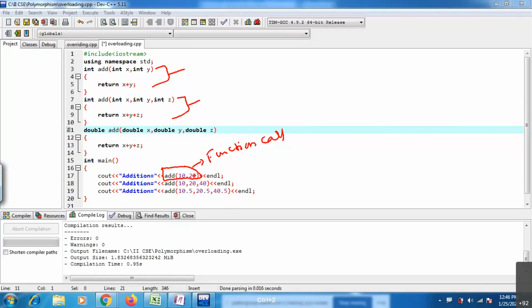Which function is it going to call for add 10 comma 20: first, second or third? This is the first one, this is the second one, and this one is the third one. If I call add 10 comma 20, which function is it going to call?